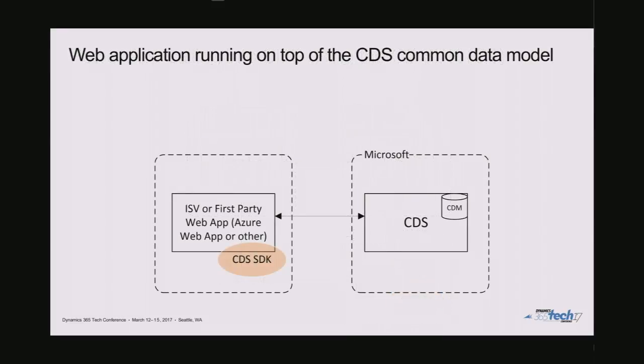So that's one type. The more common type is having some sort of console app or web app or an Azure function that talks directly to CDS to do something. This could be a standalone application, or it could be a service that other applications can call into. Like later on, we're going to show a demo where a phone is interacting with CDS, so the phone can go through this service, which then could go to CDS. So you could have multiple stages there.